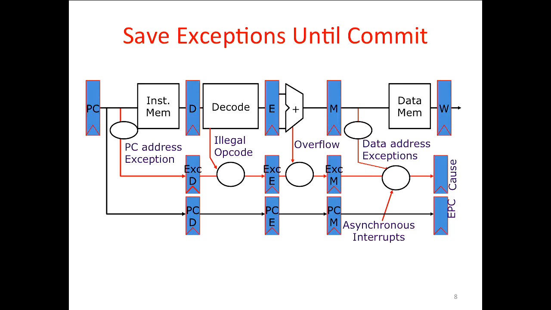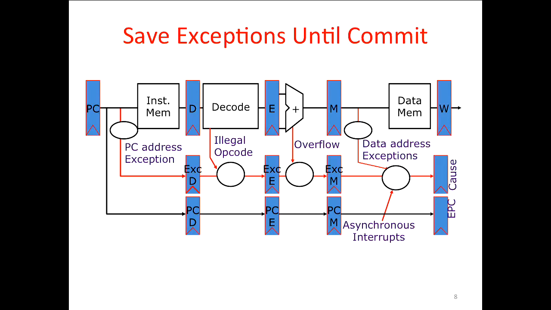So there's some point in the pipeline, which is the commit point. And once the instruction passes that point, it irrevocably updates the architectural state. It's written back, it's done, you can't undo it, right? That's the commit point. And the idea here is that you can save any exceptions that show up as the instruction moves down the pipeline